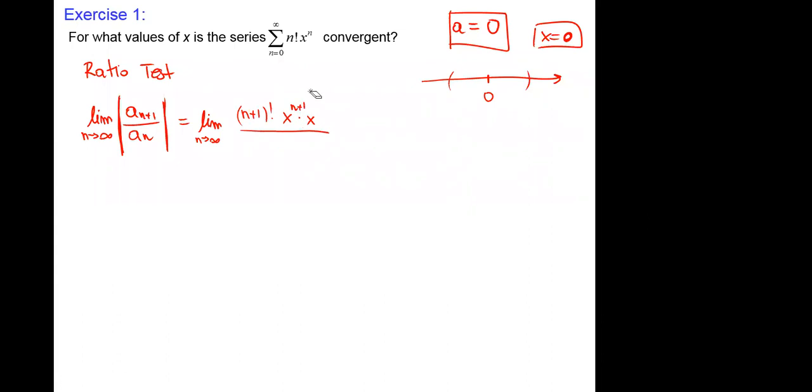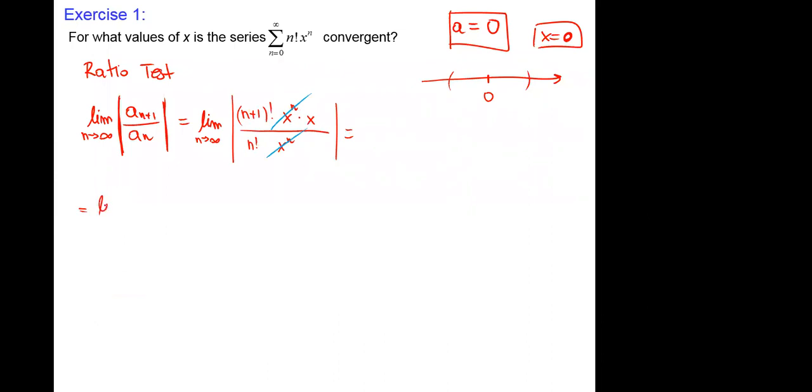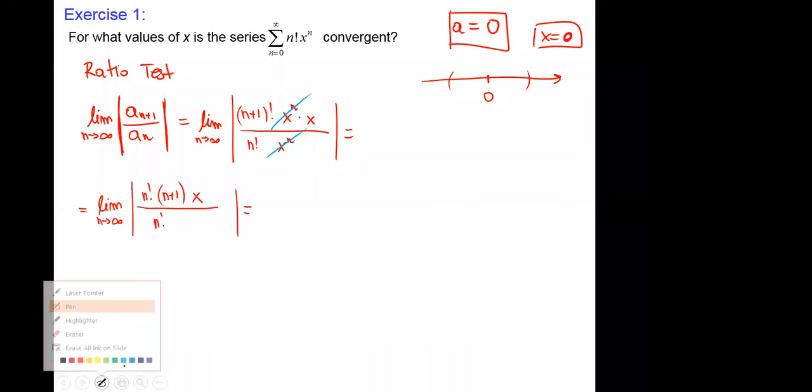Yeah, because plus 1 means x to the power of n times x to the power of 1. And then n factorial, x to the power of n. Okay, I can cancel this. And we also know that we can easily simplify the factorial. N plus 1 factorial is simply n factorial times n plus 1. Let's keep this. Okay, another cancellation. And now,